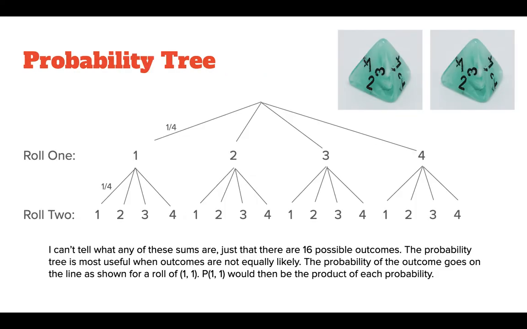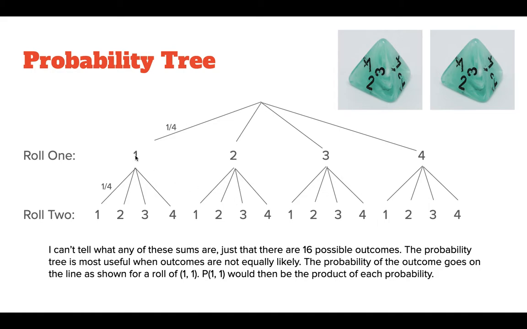Now, like I was saying before, there's also a probability tree. So in my first roll, I could have gotten a 1, a 2, a 3, or a 4. Notice that if I put a little fraction on the line, this was my chance of rolling a 1. So I have a 1/4 chance of getting this 1. And then after I roll the 1, there are 4 different things I could have rolled for my second die, so I have to extend a branch out for each outcome that could happen on my second roll, that's why we call it a tree. So what I end up with is 16 unique